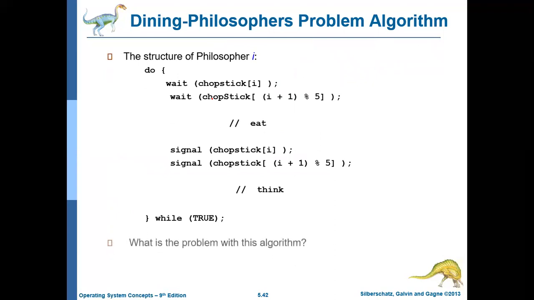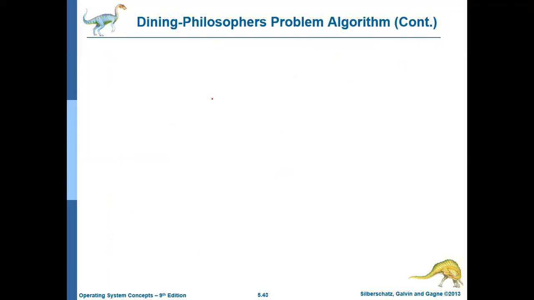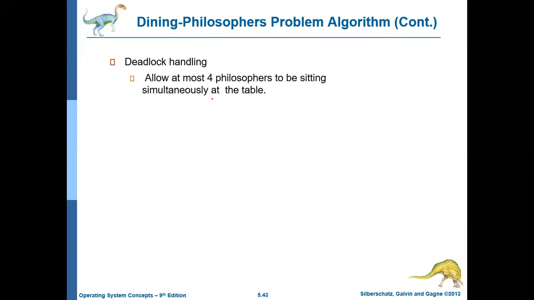There is no algorithm to solve this problem, but there are some tips given to solve this problem. The deadlock can be avoided by following certain tips. Instead of allowing 5 philosophers, you allow only 4 philosophers to eat at a time. Then the problem can be solved, because at least one philosopher will get 2 chopsticks.